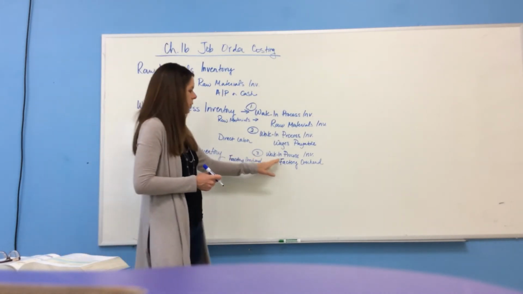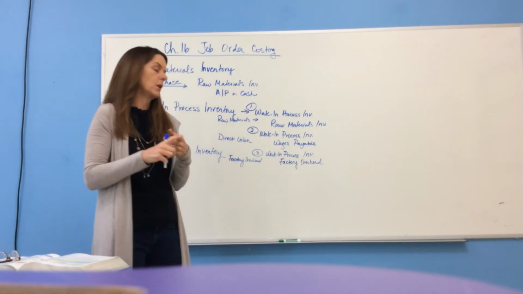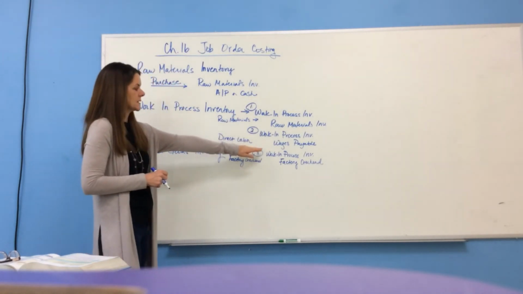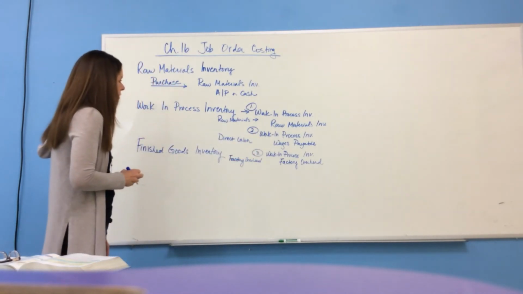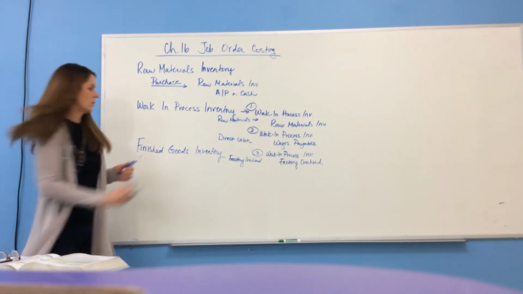Now, when you debit work in process inventory, this is actually going to be for applied factory overhead. We'll go over that in a little bit. But those are the 3 times that you debit work in process inventory. Now, once you're done, in fact, I'm going to erase this just to make it seem a little